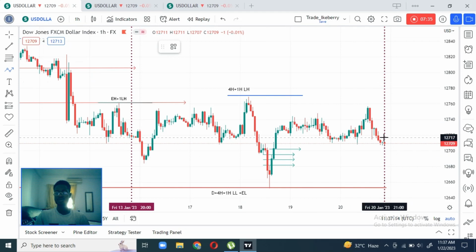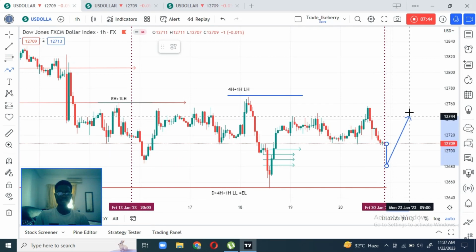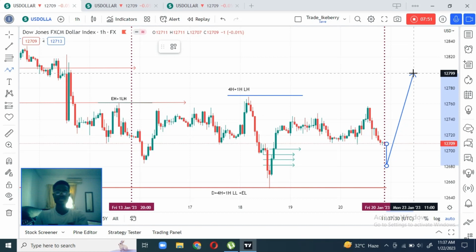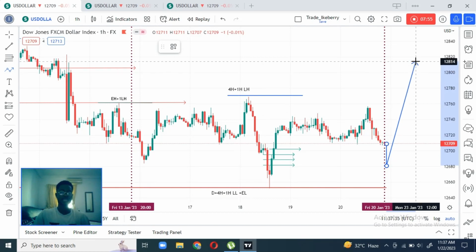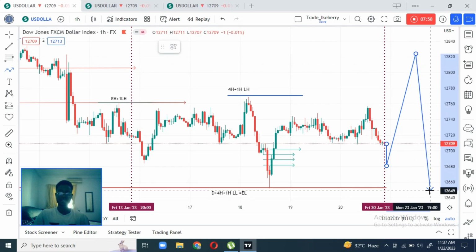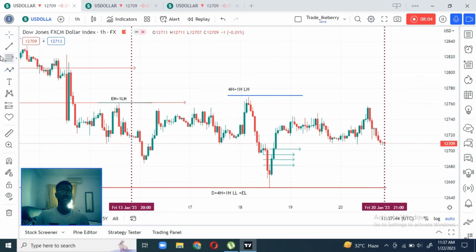Okay, so I expect price to either move into this imbalance here and then rise up to take the daily. You see, there are some daily imbalances over here too before it runs down. Probably that is what we might see from price, or we might see that price might come straight down